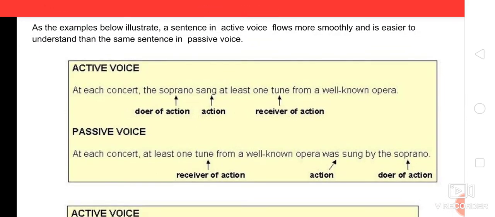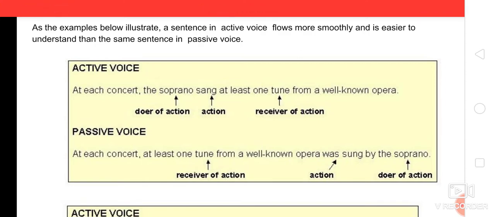So remember when there is an article and when we have the preposition by, do you remember those rules? What are those rules when we have an article and when we have a preposition? Obviously when there is an article, it means it comes with an object.